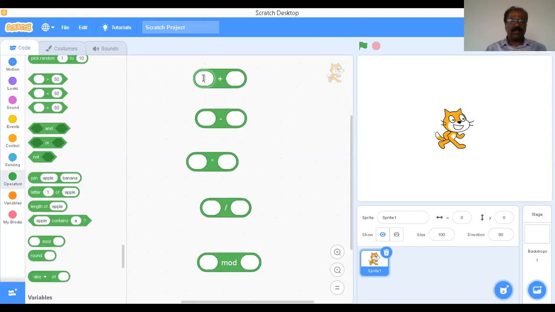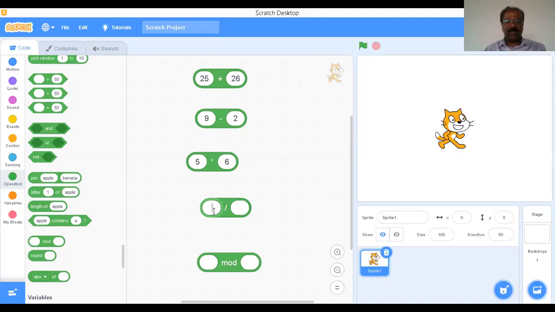Now I'm going to click on this. You can write some number, let it be 25. Then here I'll put another number, let it be 26. If you click on this, we can see the output: 25 plus 26, the answer is 51. In the same manner, I will put 9 here and 2 here. If you click on this, that is 9 minus 2, the difference is 7. That is subtraction. Then we can put 5 here and 6 here. Click on this, and you get the product of these two numbers, 5 into 6, which is 30.